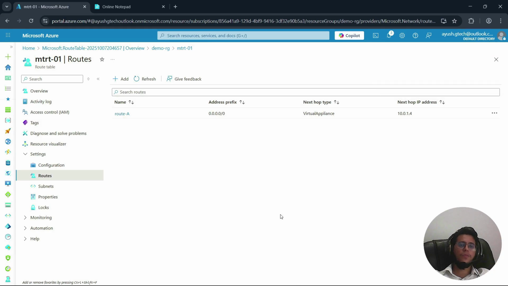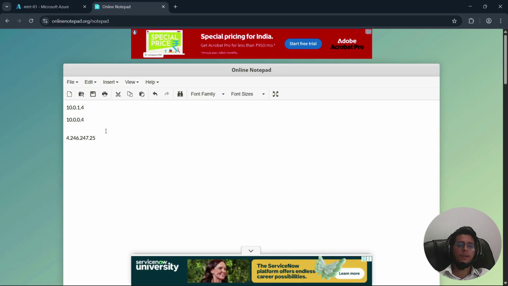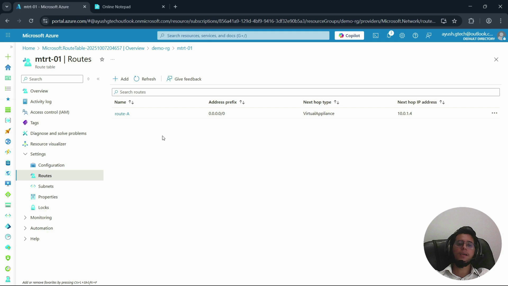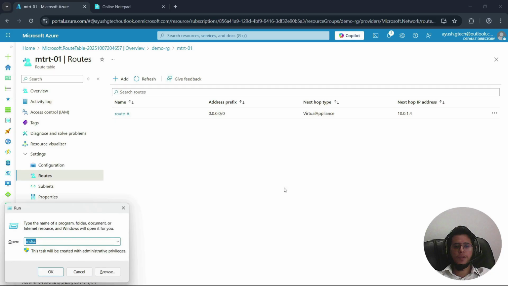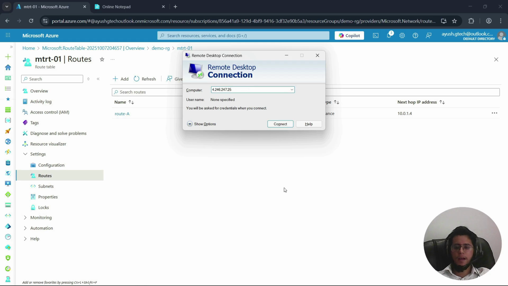So for the same, I'm coming up in here and this is the public IP address of my firewall. I'm using this one and the custom port 4300 I had selected to access my virtual machine. Let's go ahead and check how it's working. Okay, so here I'm opening up the remote desktop panel and I'm giving the IP address along with the port number and I'm clicking on connect.